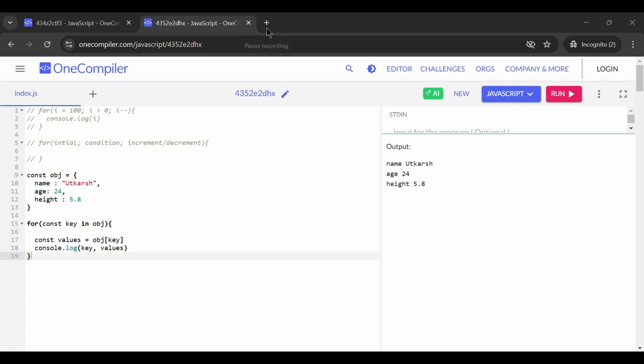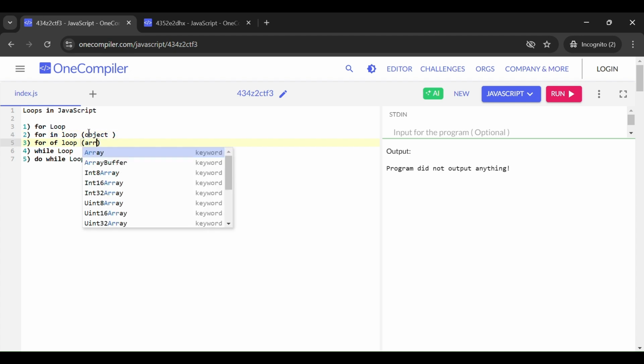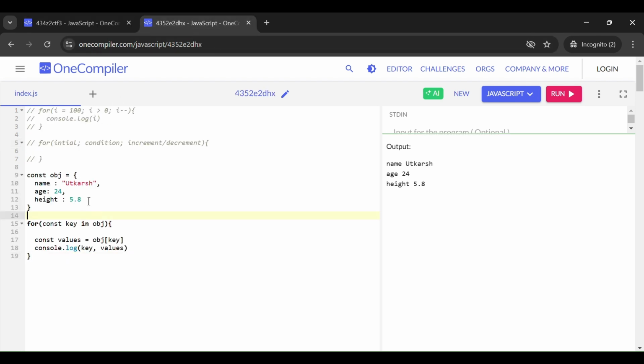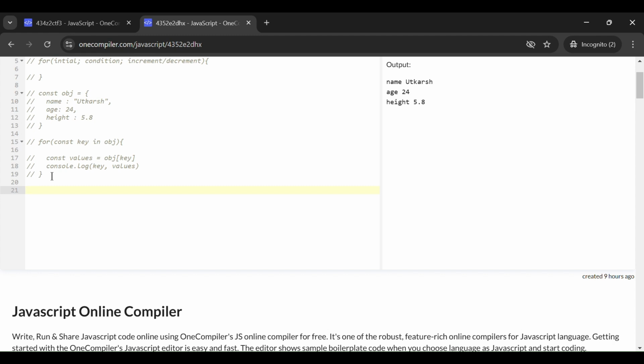So we will be moving forward to the for of loop. Keep in mind, for in loop is only for objects, and for of loop is for arrays. So how do we write a for of loop? Here we don't need this right now. I will comment it. Then for of loop, so how do we write? It will be for,